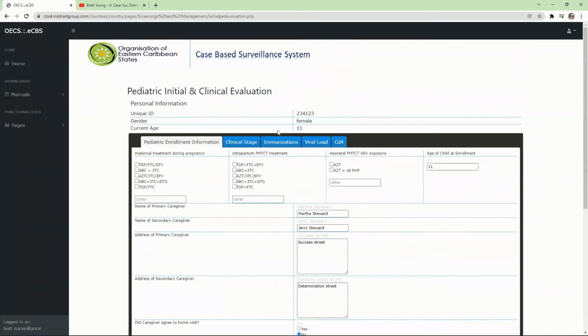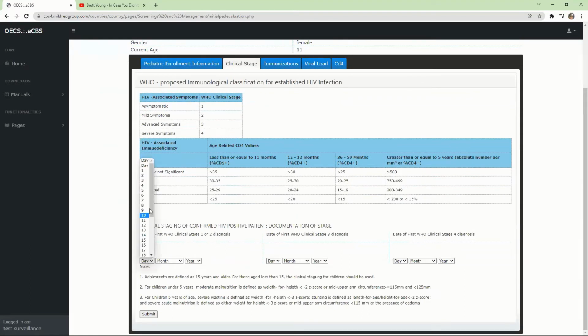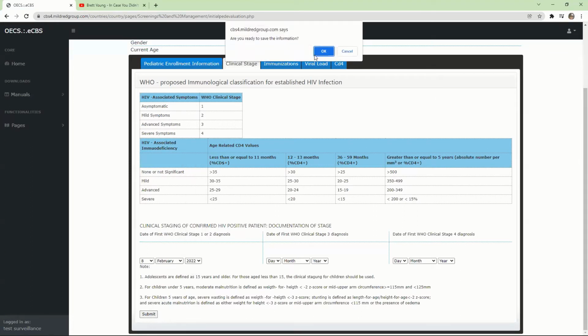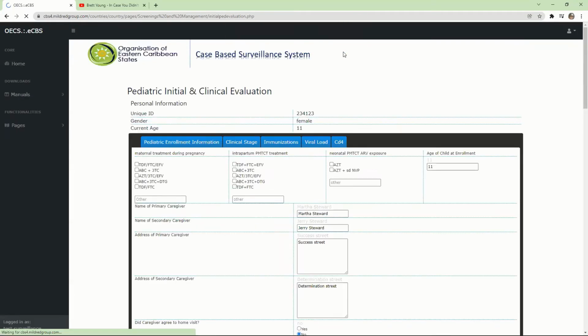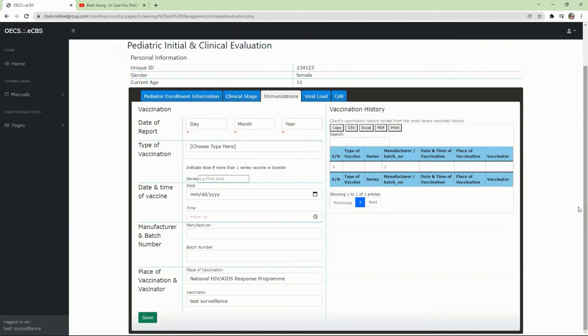We've collected Grace enrollment information, and it's now time for us to do her clinical staging. So she has mild symptoms. She's in stage 2, and stage 2 here is on the 8th of February, 2022. Now we want to get her immunization card and see all the immunizations that she has taken as a child, and you want to fill them in one after the other. So if Grace has been vaccinated, taking all her child vaccines, you put them all in so you can have her vaccination history